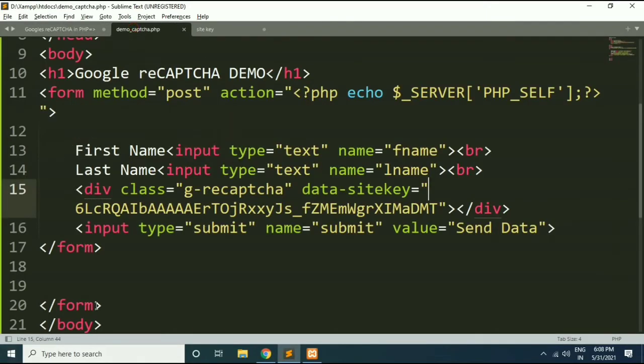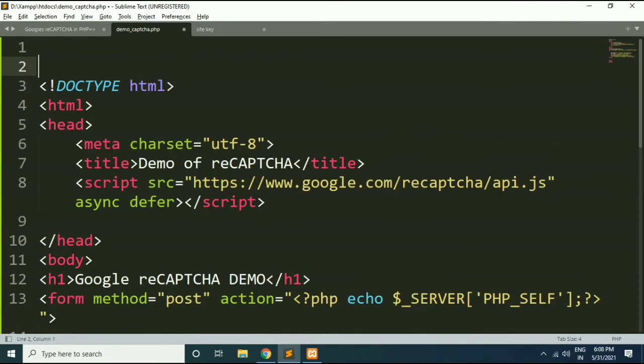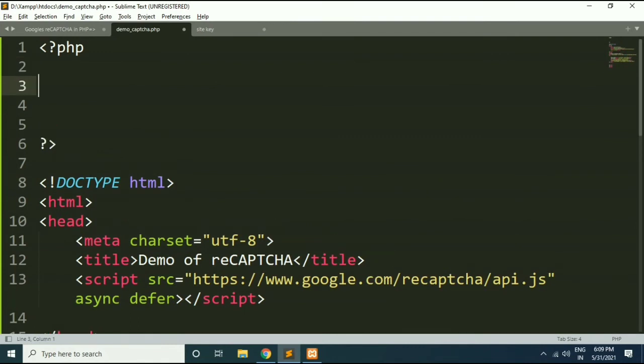Now here I will add some PHP code. So whenever the user submits the form, the post array will consist of certain elements. So I will check that first of all.